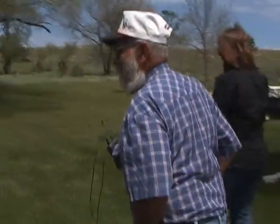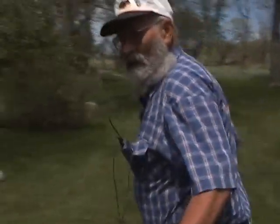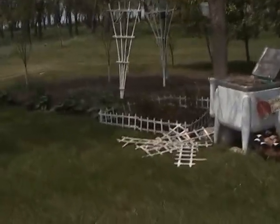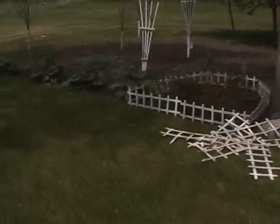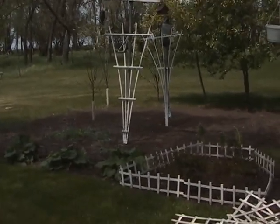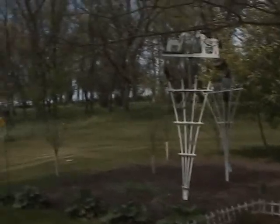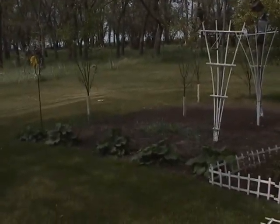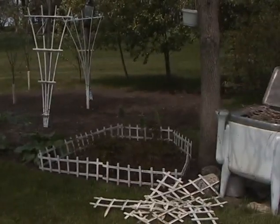So look out, don't stumble over that there. Okay, this is one of her gardens. There's nothing up yet. But anyway, that's the size of it, it's a small one. And the only thing that's up is the rhubarb and then some flowers she's got in there. What does she usually plant in this one? This one, mostly cabbage. Cabbage? Yep. And then she also has,